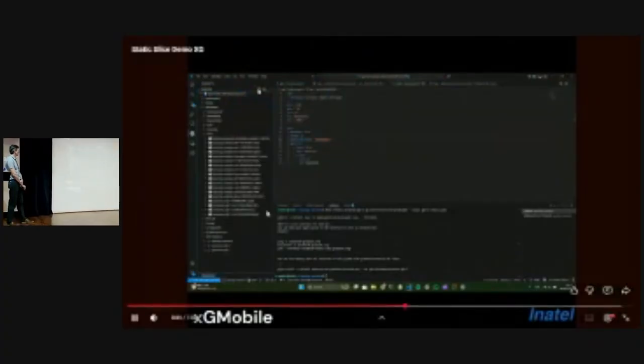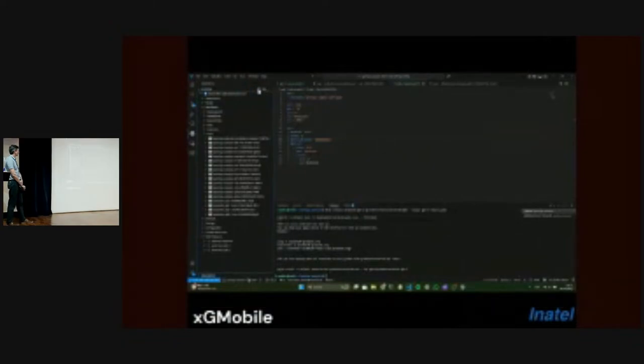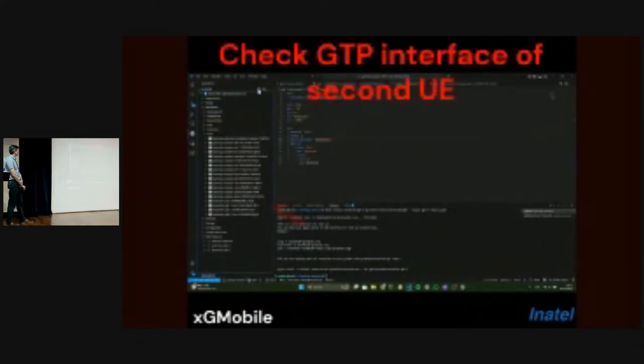I will check now if the UE is up, okay, and if the GTP tunnel is okay too, because without the GTP tunnel, the data plane will not work.